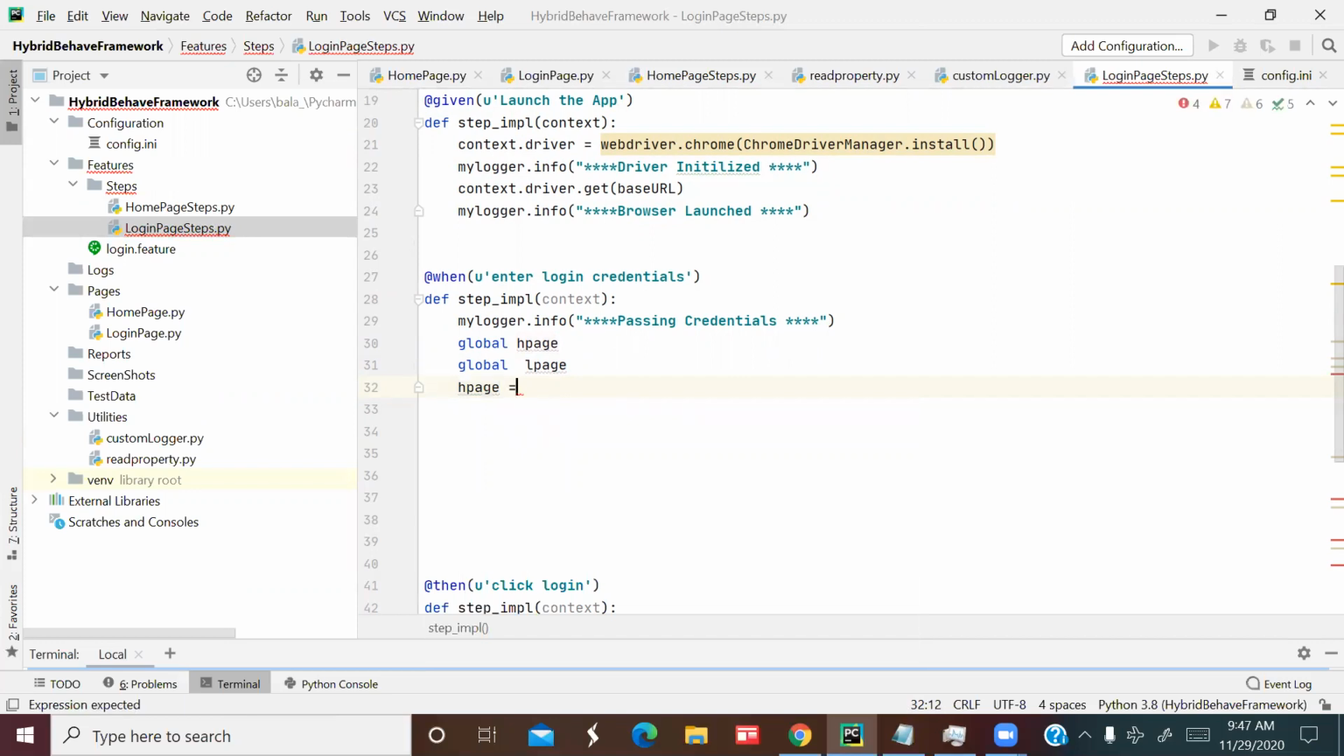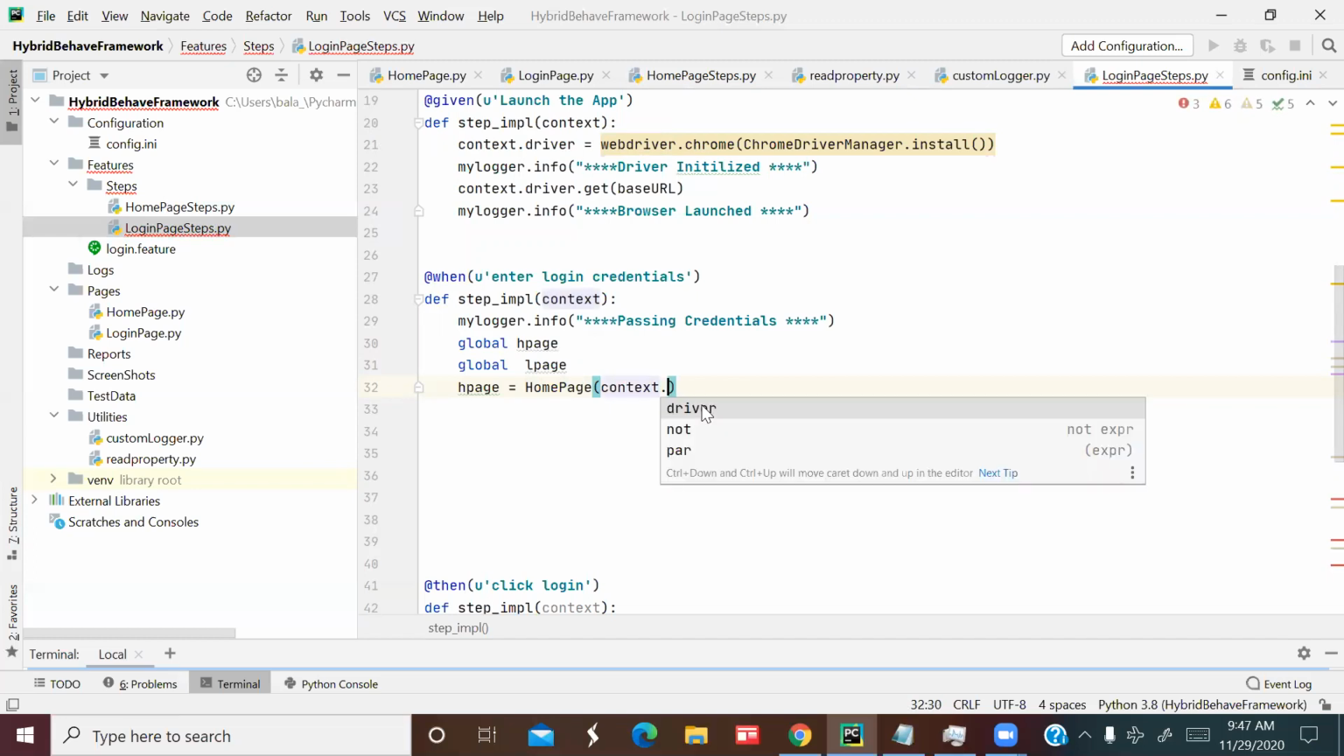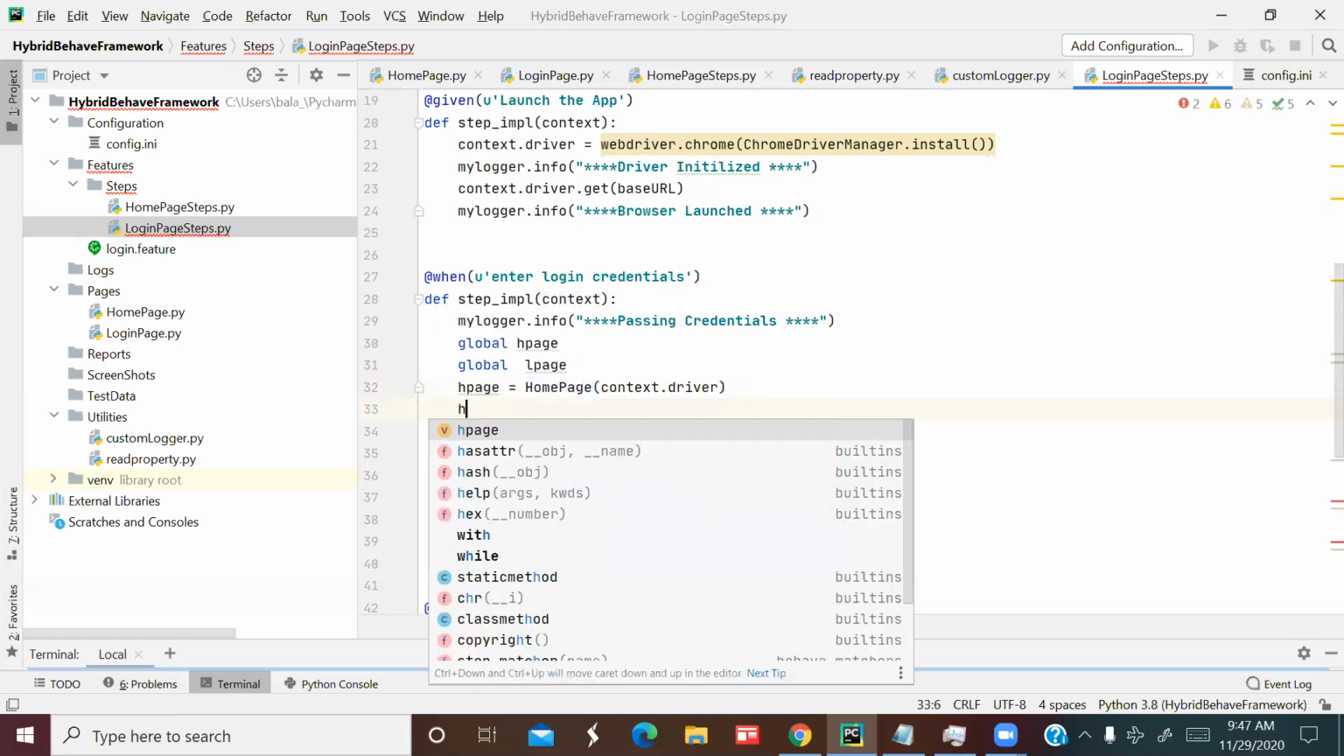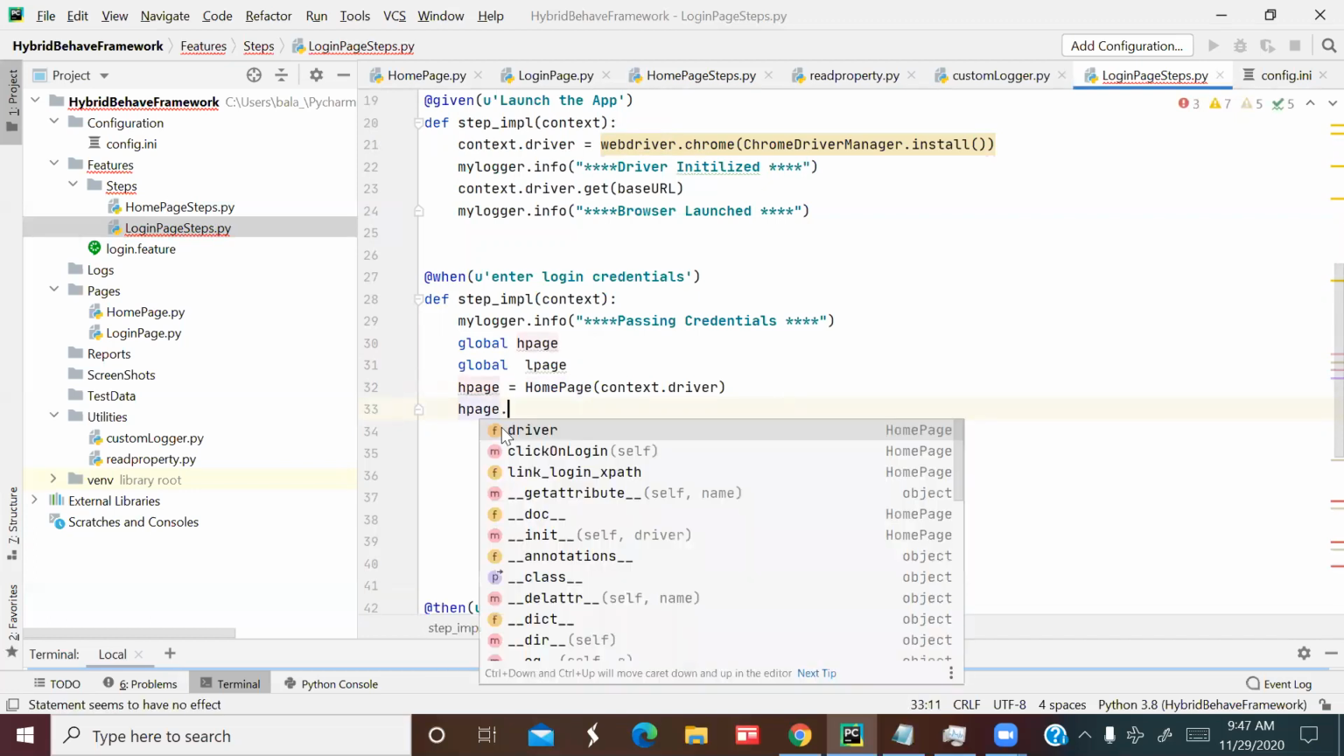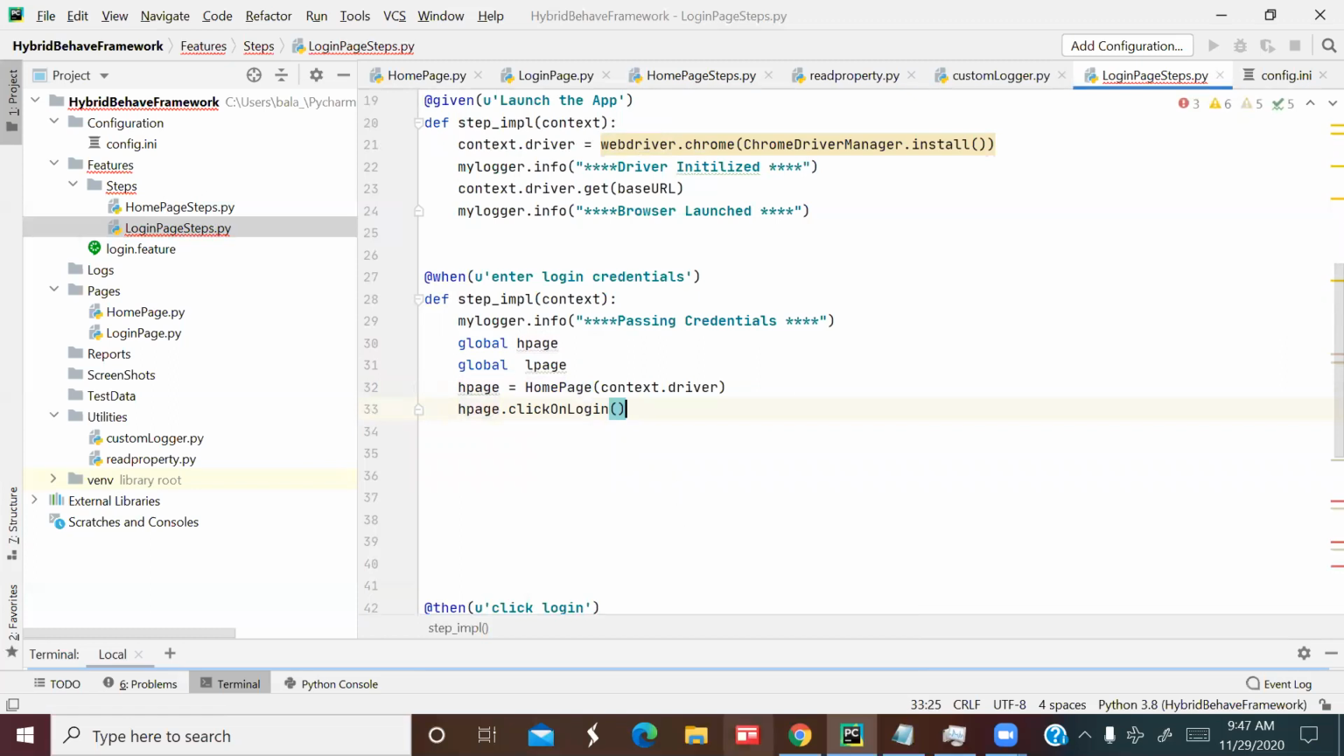Okay, H page equal to home page. Class name, home page, and the context dot driver. Okay. Now next one is H page, now click on login. Okay. Next one is L page equal to